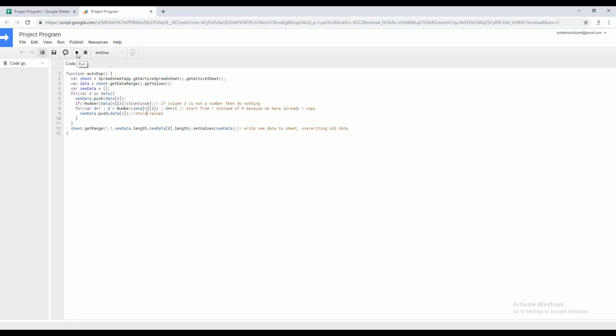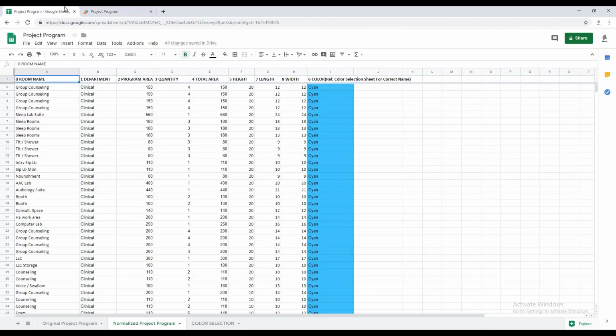The next step is to run this script by hitting the Run button. Now I will open the Google Sheet. I will see that rows are duplicated using the cell values from column D. Now, my project program is ready. It is duplicated. The next step is to add a unique